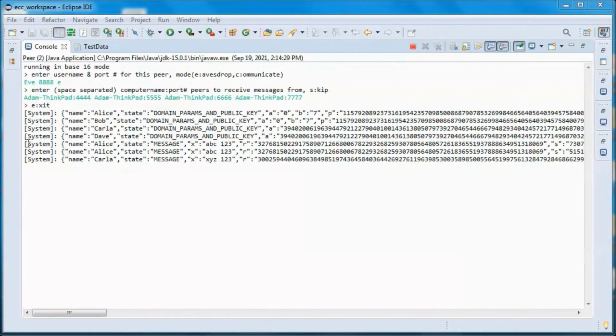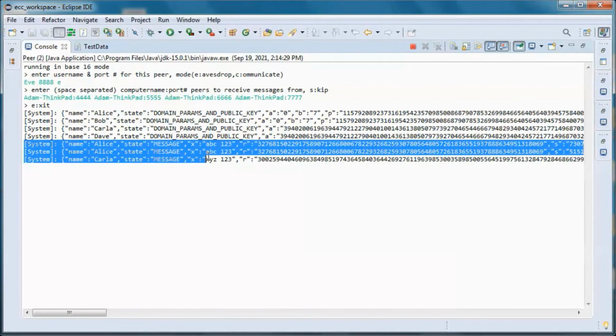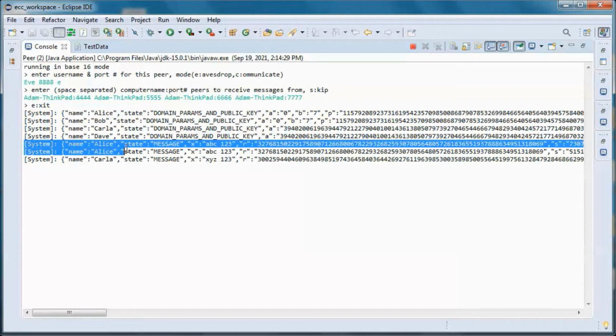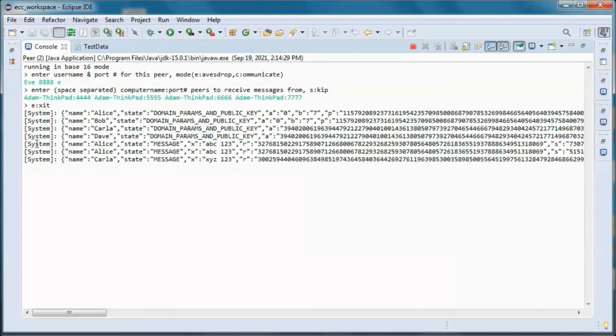And here Eve can see all three communications, those two originating from Alice, the invalid one and the valid one, and the one originating from Carla.